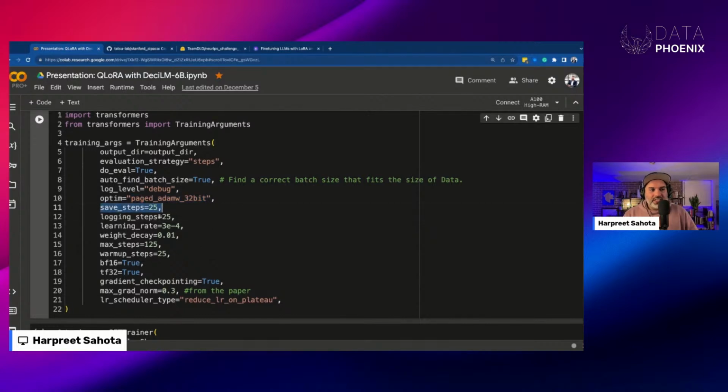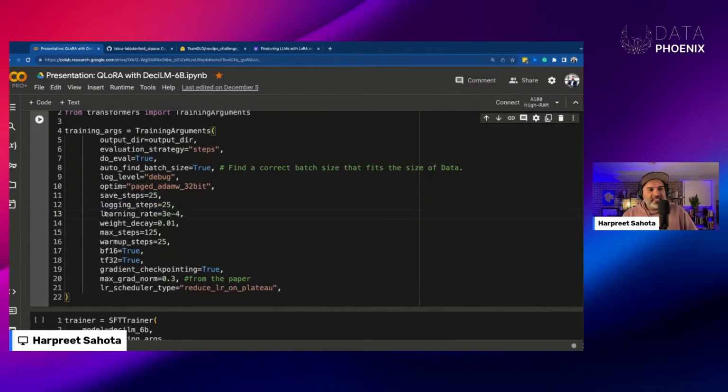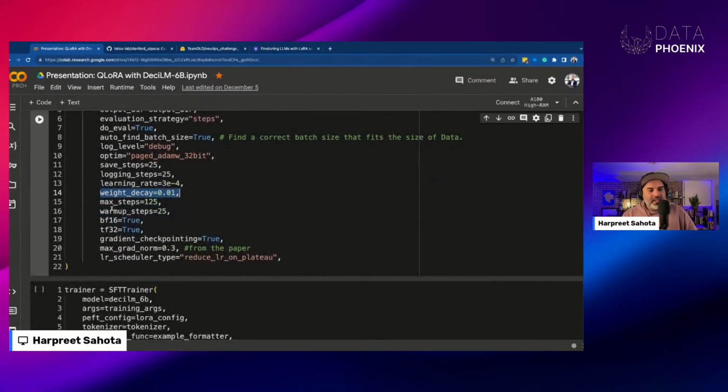Number of steps to save your checkpoints, how often we want to log, and the initial learning rate, set to be pretty low. There's also the regularization parameter here to prevent overfitting. We're just training for 125 steps, a small number of steps, to let you go on with your life.